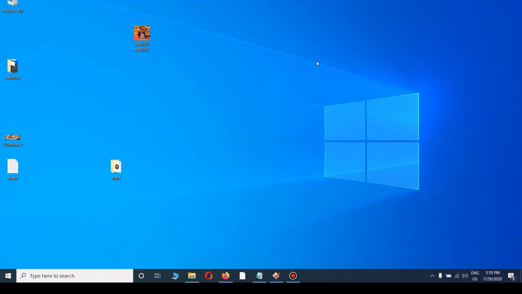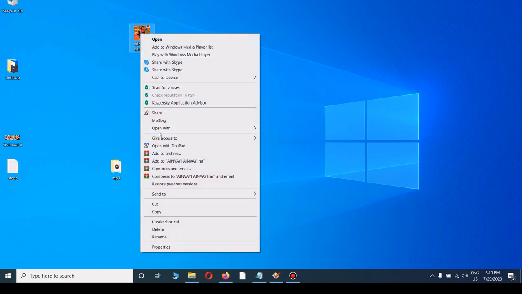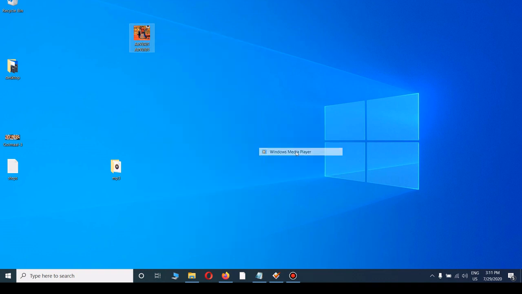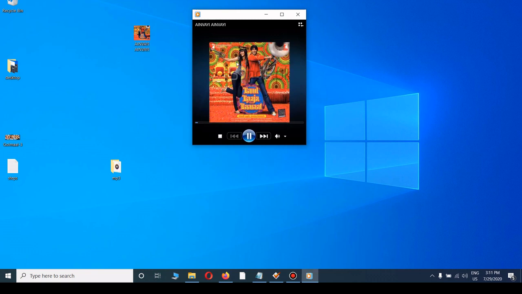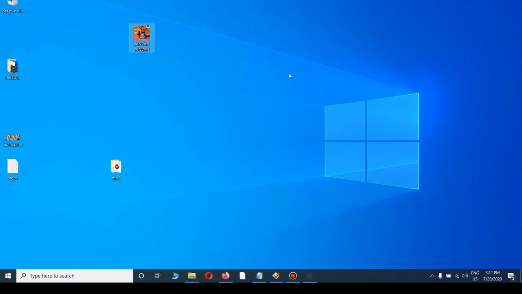Today I will show you how you can add a cover image to your MP3 file. There are a lot of applications available in the market, but I have taken this MP3 tag application to add an image as a cover image to an MP3 file. For example, this is my MP3 file. When I run this with Windows Media Player, you can see that this image is added and the sound is running in the background. So we can add an image as a cover image for any MP3 song. So how can we do that?